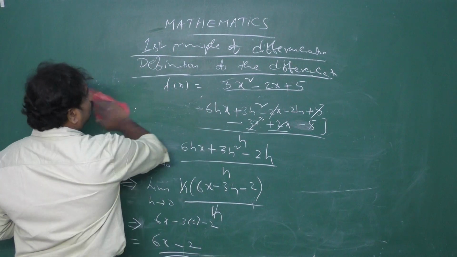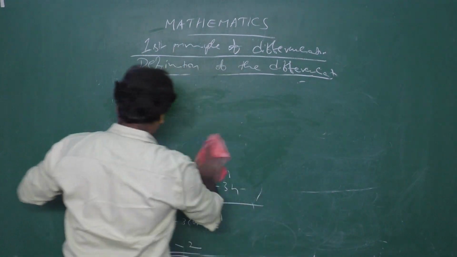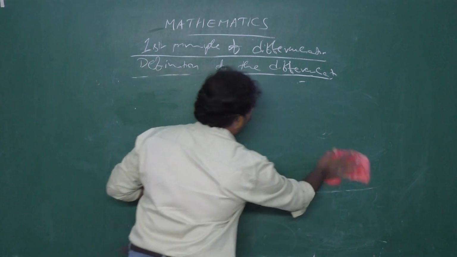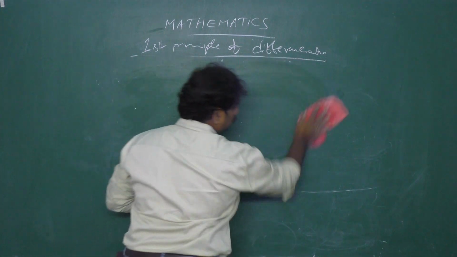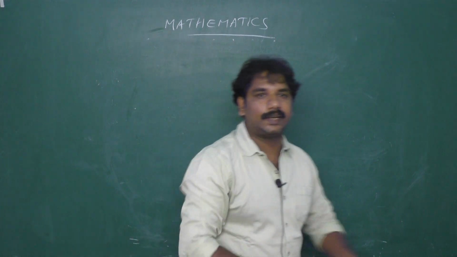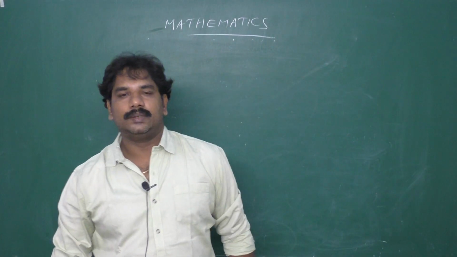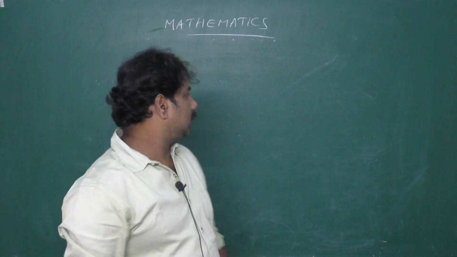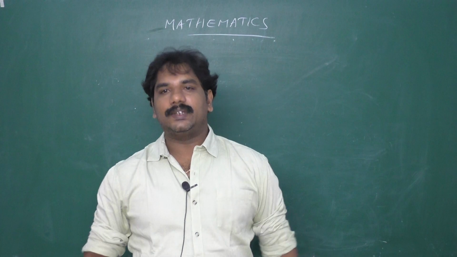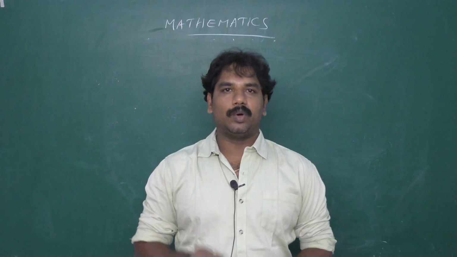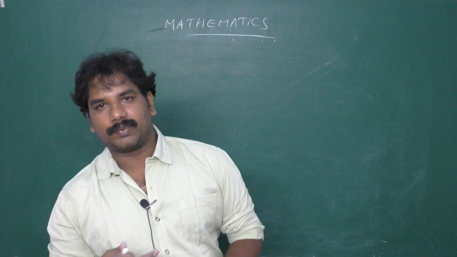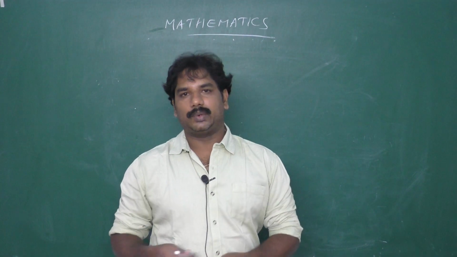Now, we can do many functions which can exist, and the function should be finite and should exist in finite. One more example I am going to go through. Now I am going to give this class for high school level students. Just from geometry I am going to give you one example problem, because you can understand how I can take it even for high school level students also.